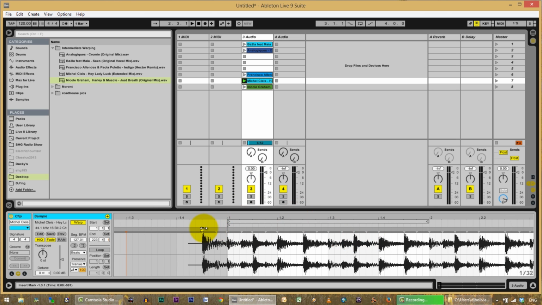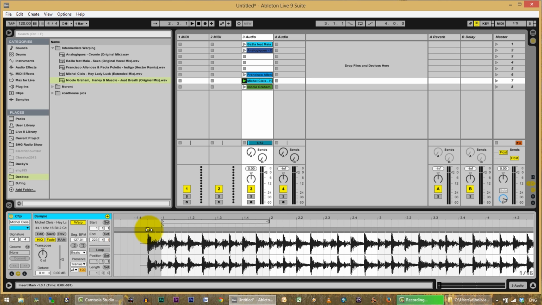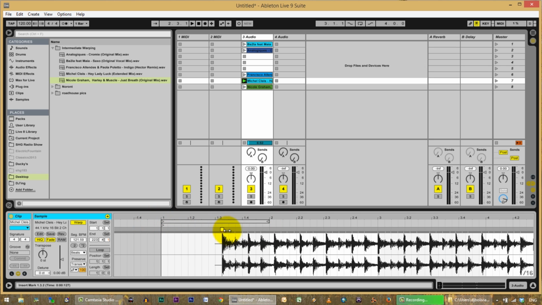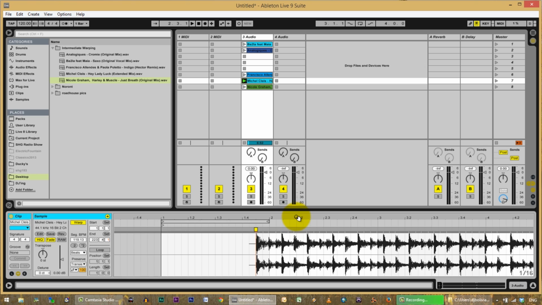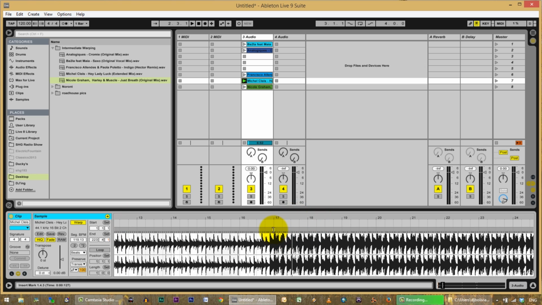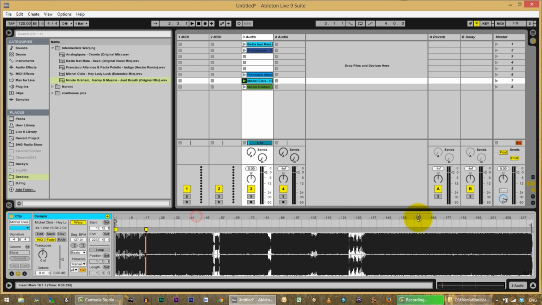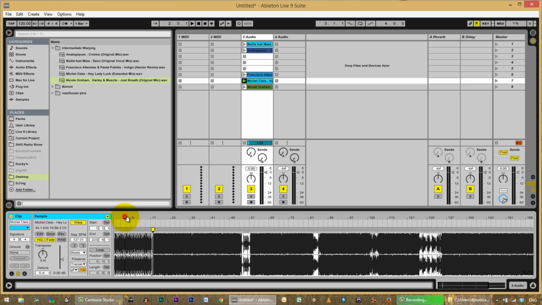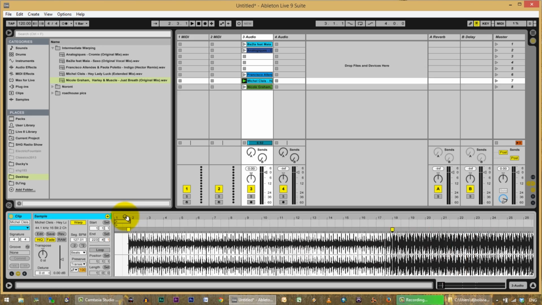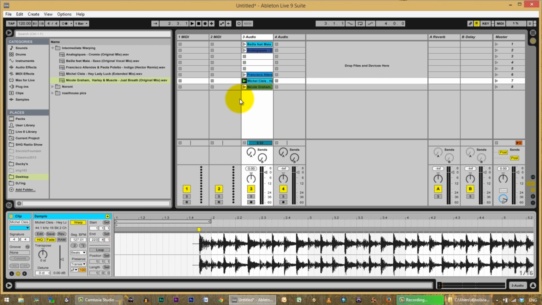Okay, so we are zooming out a little. We are 2 16th notes before the end of the bar. So let's move this 2 16th notes before the end of the second bar. Because we went a bar to the right, we are going to have to move this warp marker a bar to the right. And if we had already put other warp markers in the rest of the song, we'd also have to move those one bar to the right. But what's going to happen now? We're going to press play and see what happens. We're going to turn the metronome on.